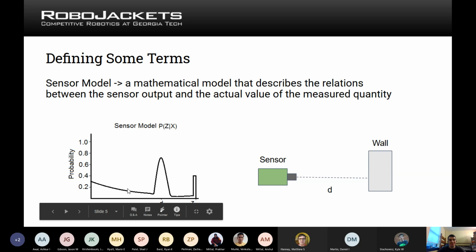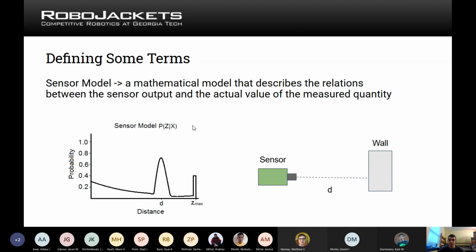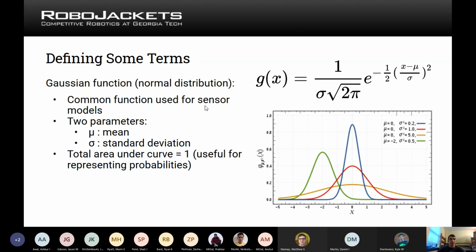However, we'll see later that although this is what an actual sensor might look like, we typically will just use this center portion, where it's like a peak, to represent the sensor model, and we'll ignore these effects at the ends. So, speaking of what we will use as a sensor model, one very common one is a Gaussian